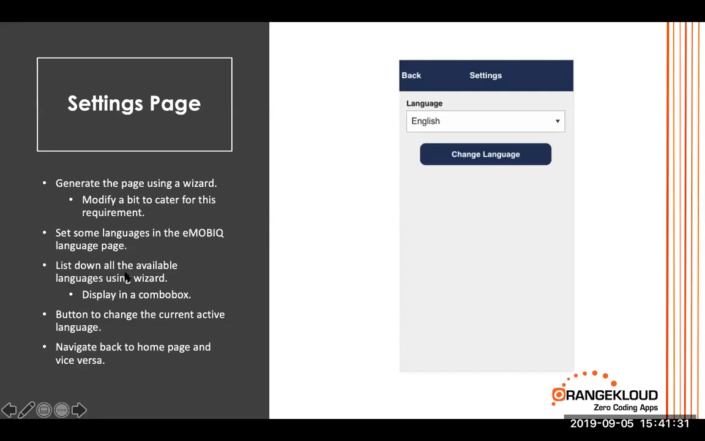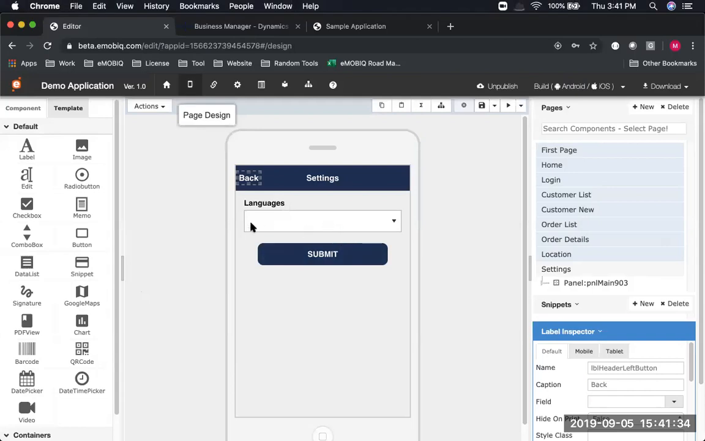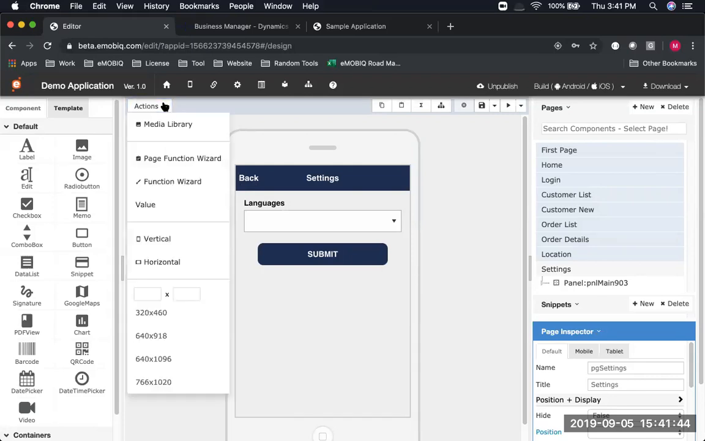Next is we want to do the function. So we want to list down all the available languages. How do we do that? When the page opens, it should list them down there. So what we need to do is select the setting page. We select action, go function,